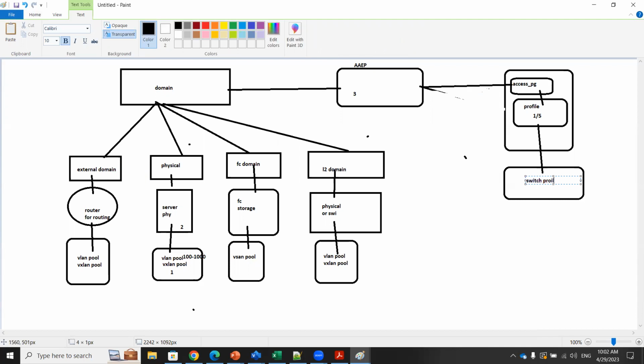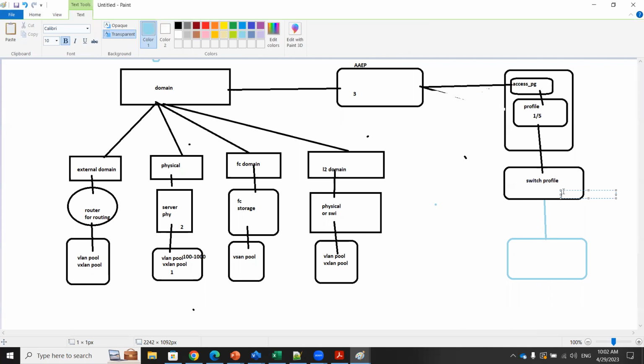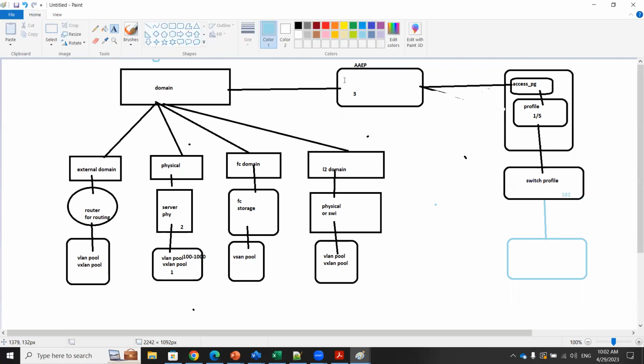On the switch profile, one host will be connected here. Just to understand this flow, guys, okay? This is very important. This host will be connected on the 1/102 switch. On the 102 switch, if traffic is hitting on this 1/5 interface, the switch will immediately transfer to